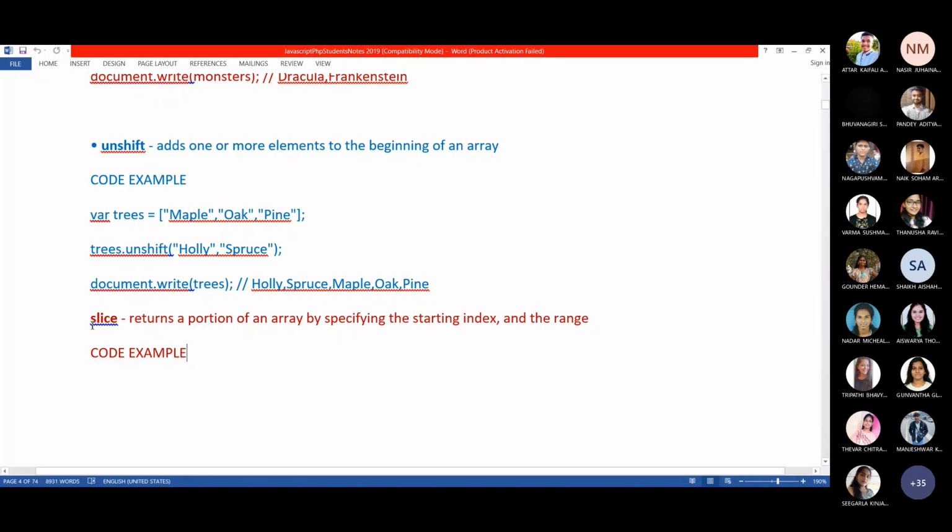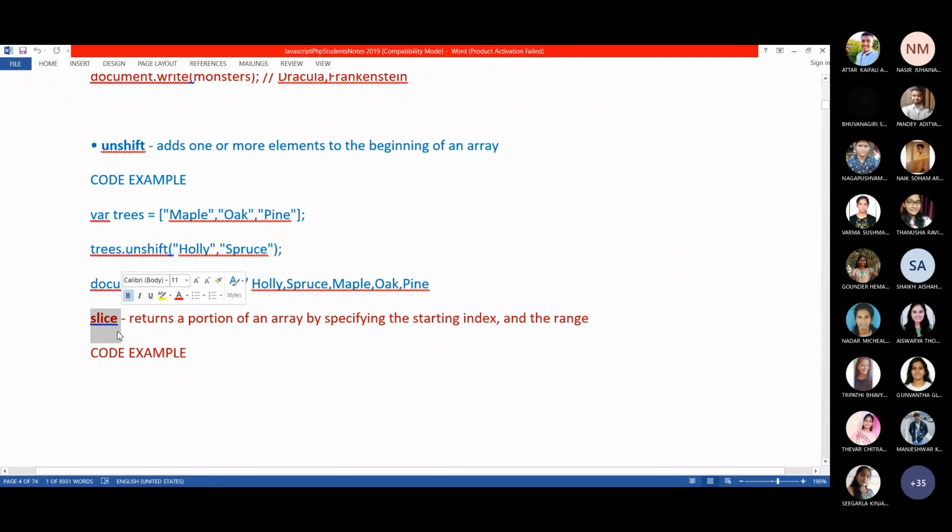Now using slice, you take whichever elements you want, a portion of the elements. There is no condition like pop and shift, only the first element or only the last element. Whichever continuous elements you want, you can take using the slice method.